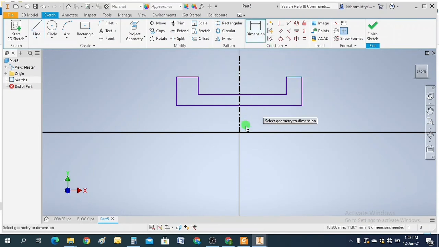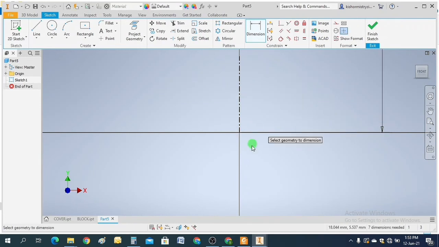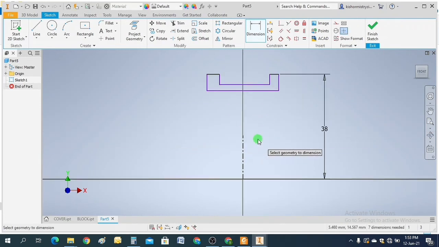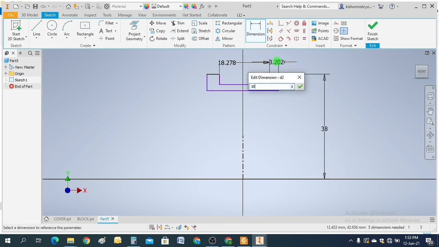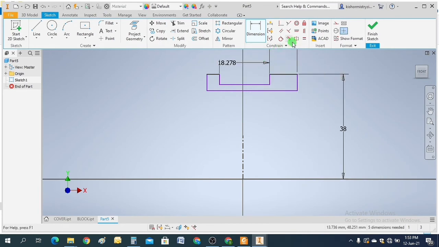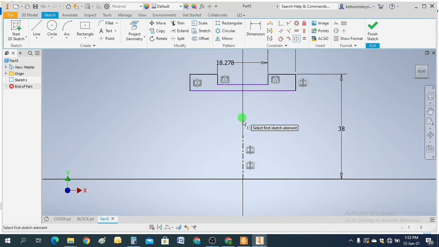So it will be 38, it will be 63. First define this dimension, it will be 10 millimeter. Make it symmetric to the center line, this to the center line.